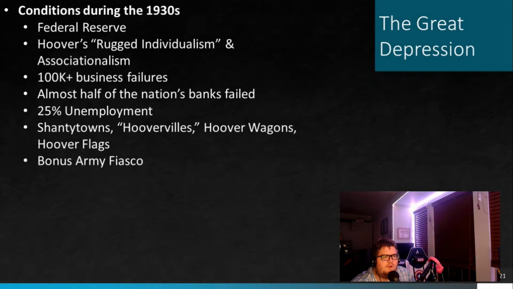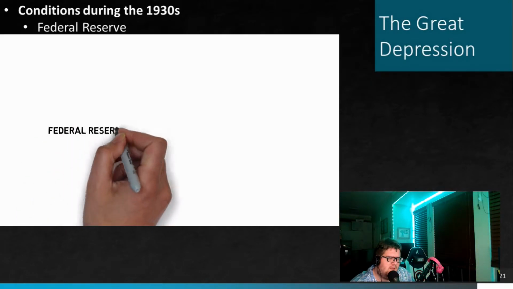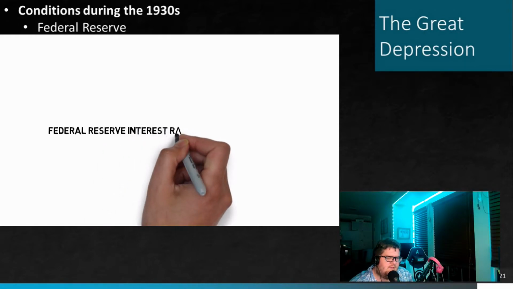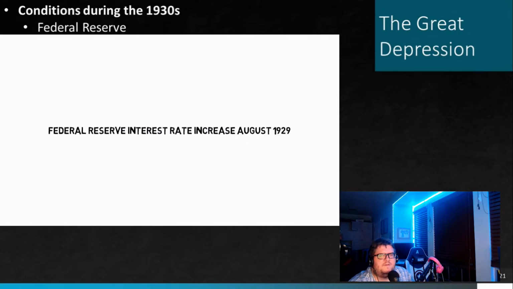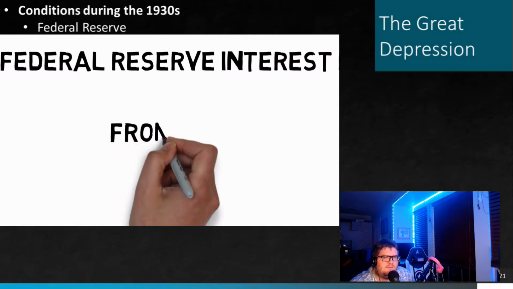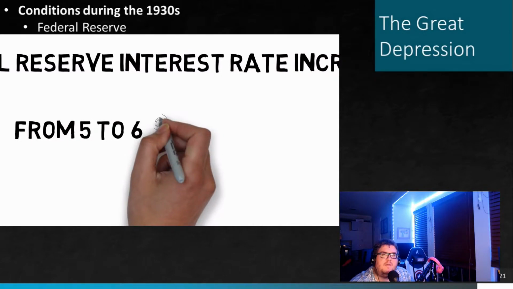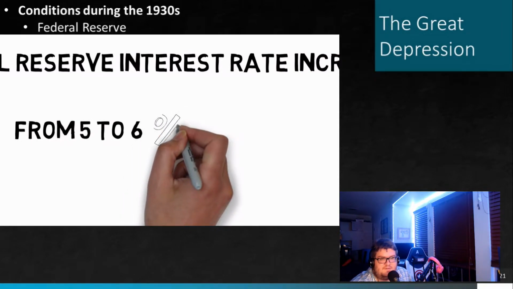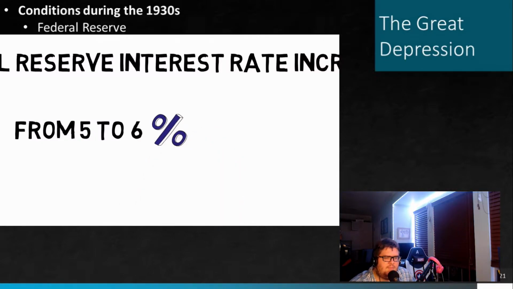They were worried about how many people were investing for that margin 10% purchasing power, and they didn't really like it. They also didn't like the amount of credit that was presumed by some of the figures that were coming in from different larger banks. So they decided to take the interest rate that's 5% in August 1929 and raise it a whole 1% to 6%.